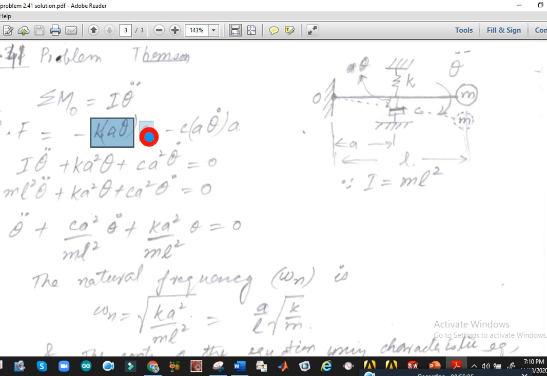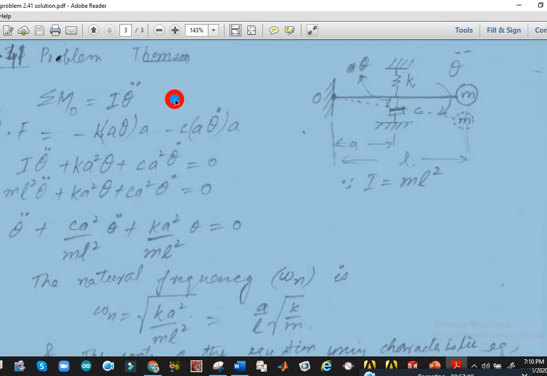Okay, that movement, this A, is because of the movement, and the negative sign is because of the restoring force. Now the same case for the damped force. This is your damped force expression. We know damped force is equal to C x dot, where C is the damping coefficient and x dot is actually the velocity, and for the angular case x dot is equal to A times theta dot, we already know. And taking moment about the connection and pivot point, it is A, so putting A here for the moment.